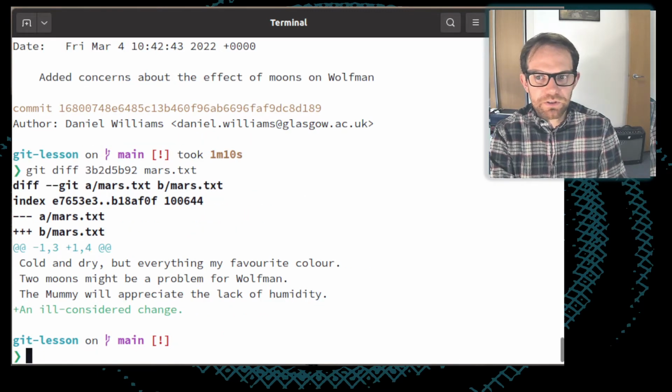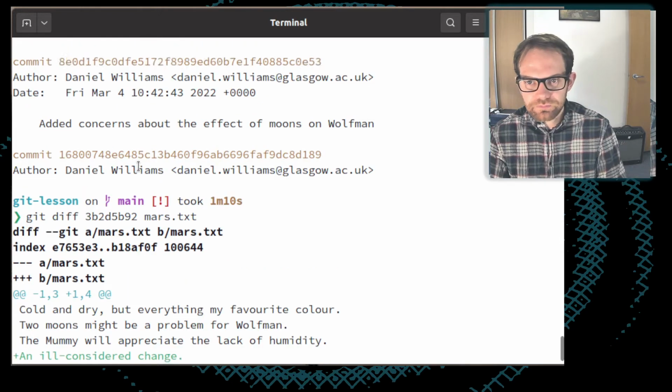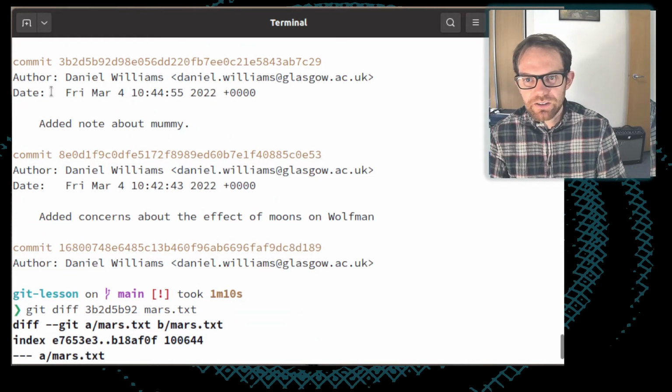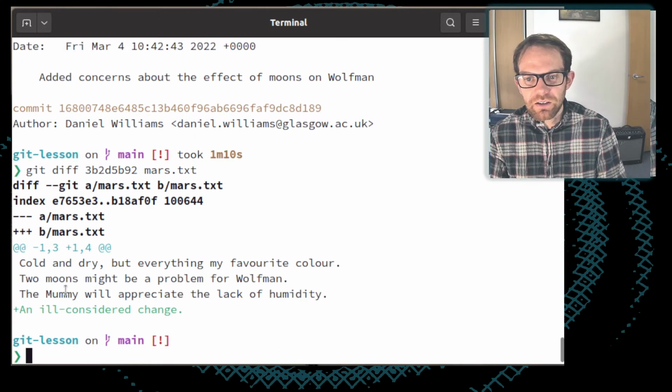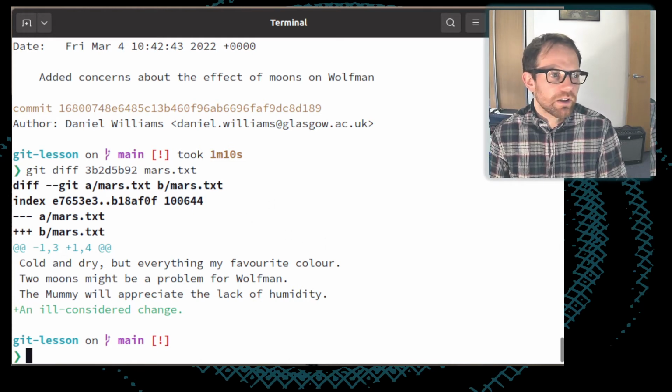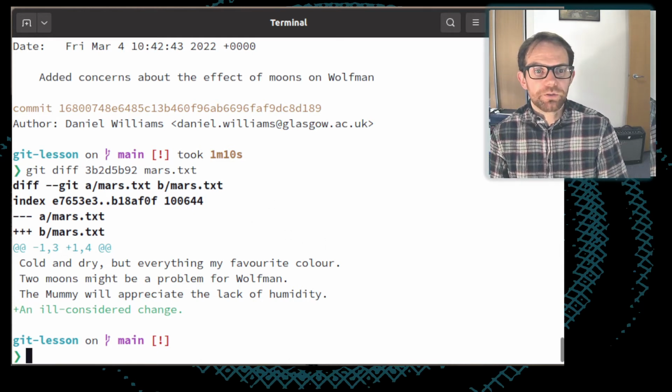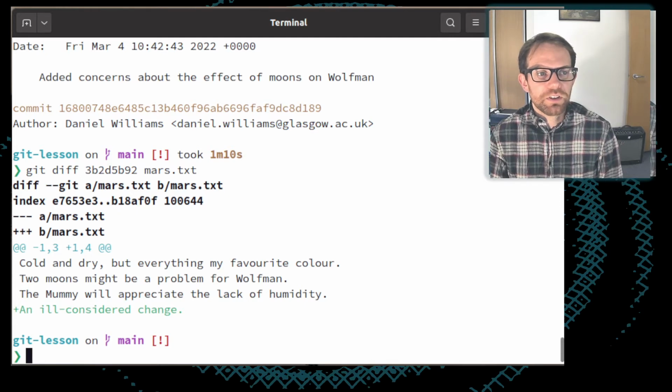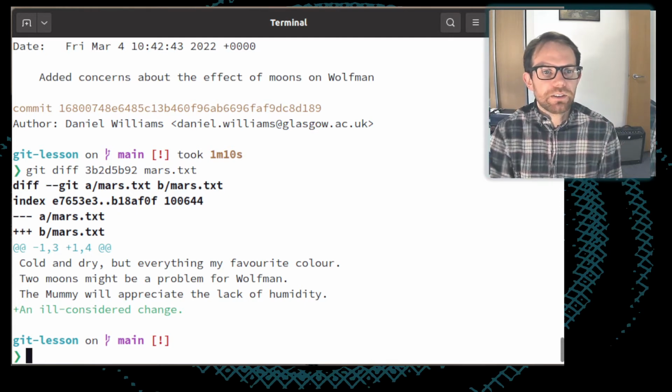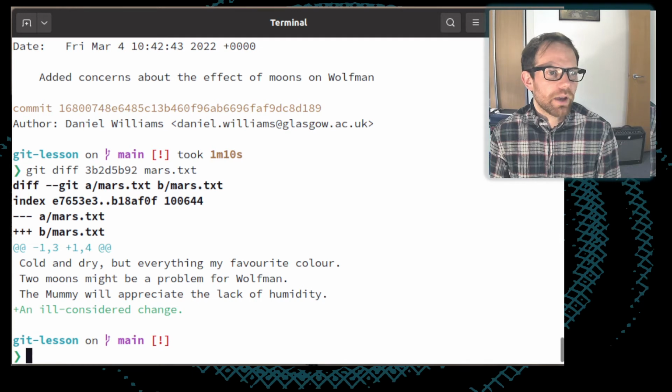You'll see that it shows the diff between this commit about the mummy and the current status of the working directory. And we can try this for all of the different commits which exist in the repository. So this is the alternative way of addressing a commit, which does not rely on us treating the history in a completely linear, backwards fashion.